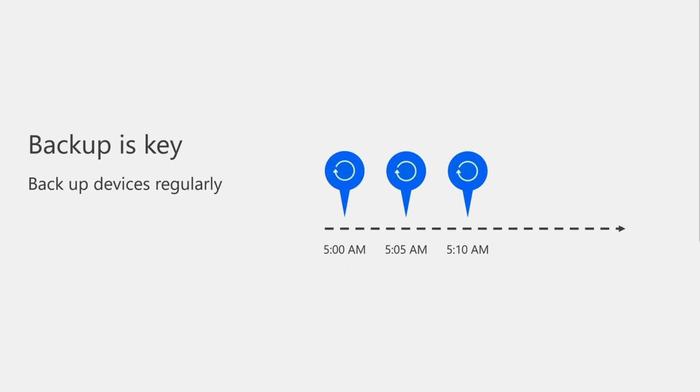No matter the exact implementation you use, the core concept that we stress is having multi-version backups and snapshots. So you saw the multi-version backups for Windows desktops, and we apply that concept throughout our products. In this example here, you can see that we can have backups or snapshots every 5 minutes. And the reason this is important is because you're going to be able to restore to a point before the data was infected.